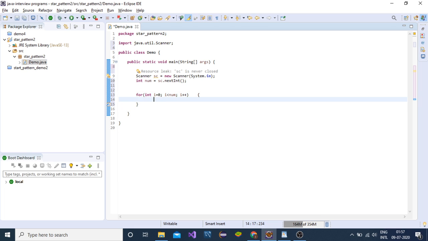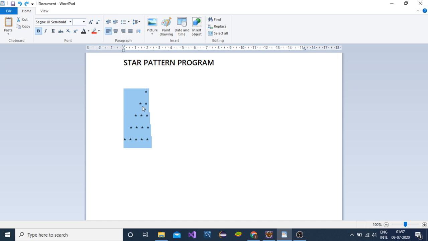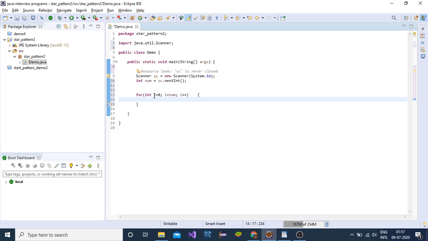Now in the column, what we need, 4 space 1 star. So what is the value of i? It is 0.